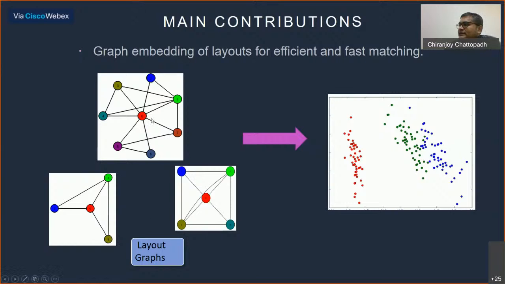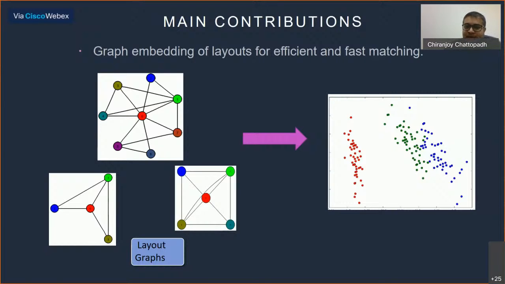Here you see that the nodes of this graph are the rooms itself. The 0 is the floor plan itself, and all these other numbered nodes of the graph are nothing but the rooms. And we try to embed them into a feature space which helps us distinguish between various types